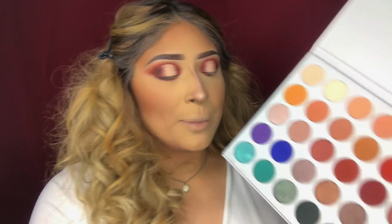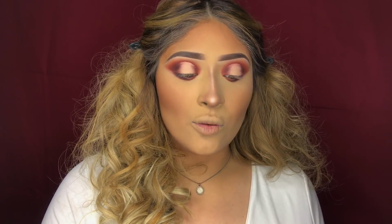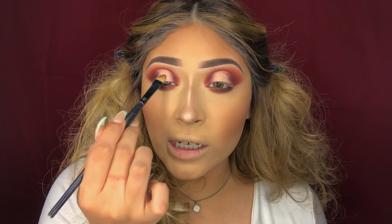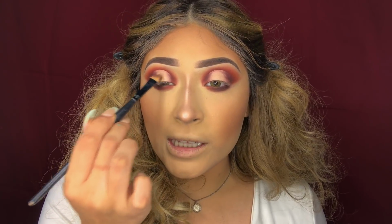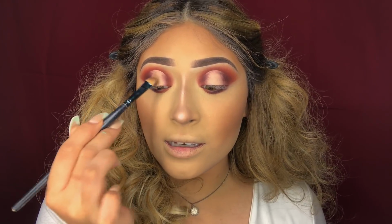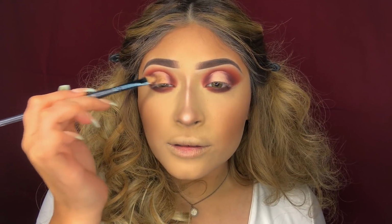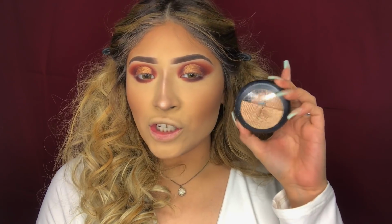So we are going to be applying from the Jaclyn Hill palette this gold shade right here. I'm also going to be mixing another one from MAC, but I'll show you guys that in a second. So using the same flat brush, I'm just going to use that and start applying it right here on the center and basically everywhere where we applied that base. And the other gold shade that we're going to be applying on top of the one we just did is